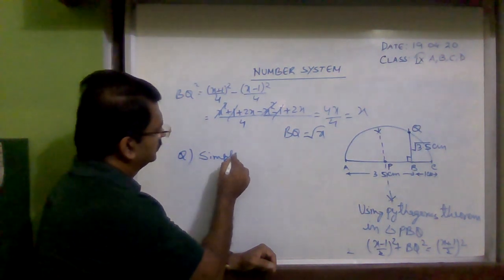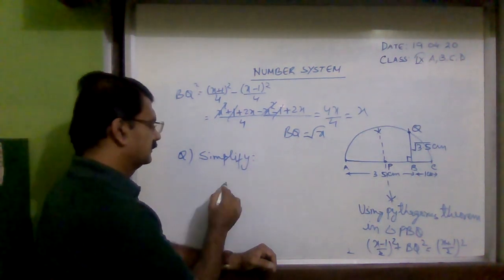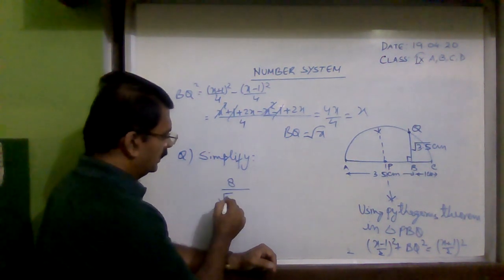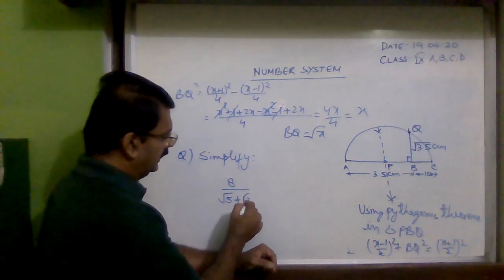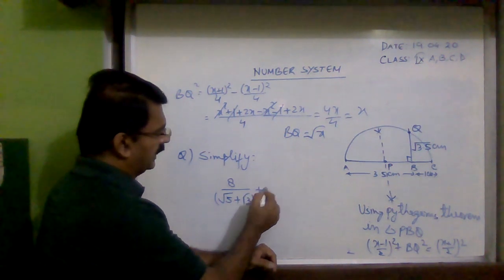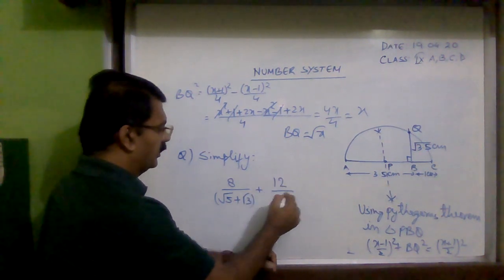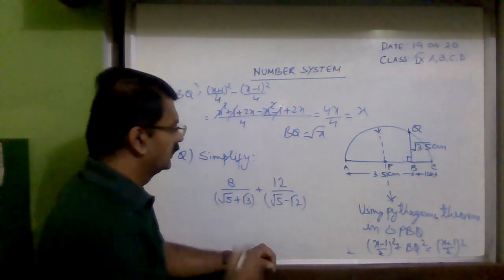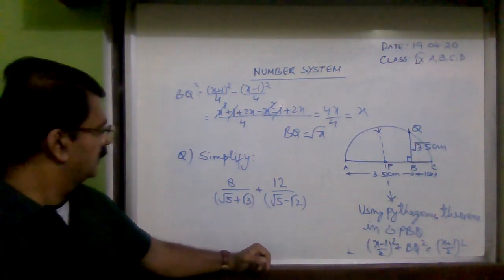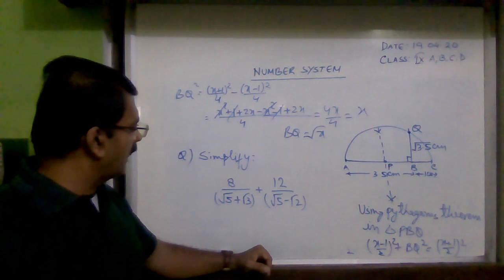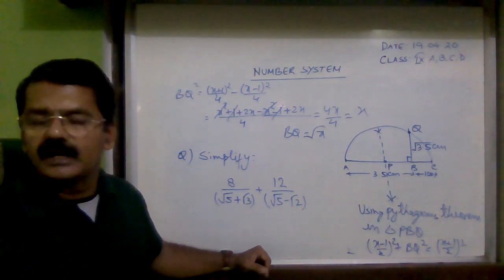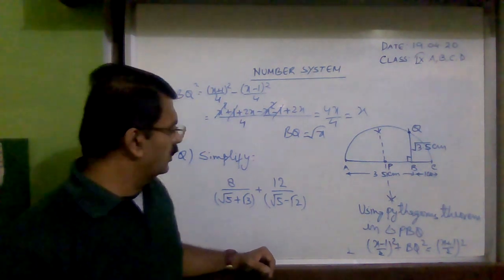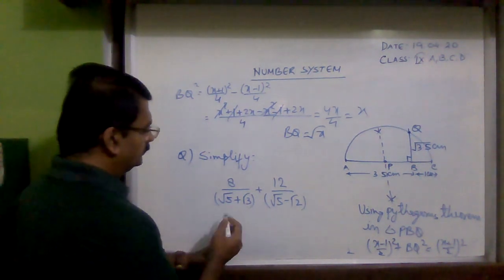Simplify 8 upon root 5 plus root 3 plus 12 upon root 5 minus root 2. 8 upon root 5 plus root 3 plus 12 upon root 5 minus root 2. Now, what we do,